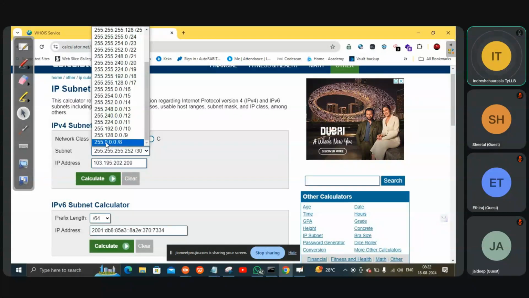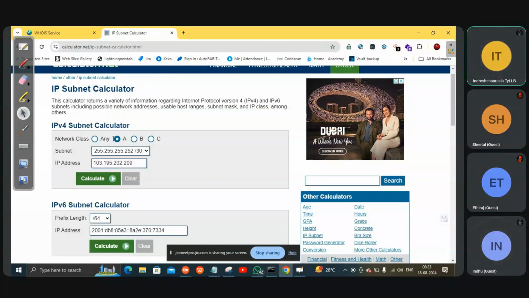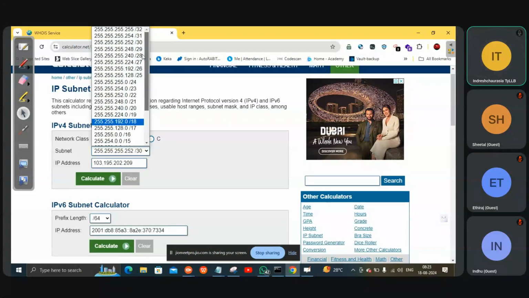Now again, can you tell me what 255.0.0.0/8 is? Any idea? Which class? That would be class A. If you put class A, class B, or class C here, it gives you the complete range of that class. If you put class C, it will give you the range of class C.